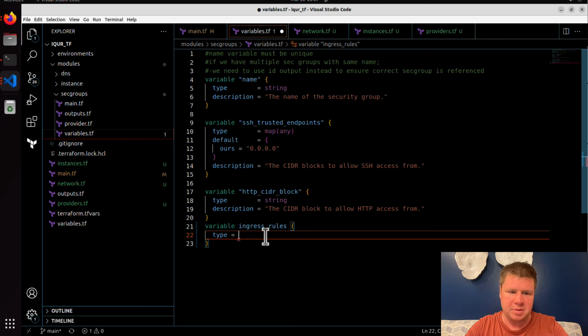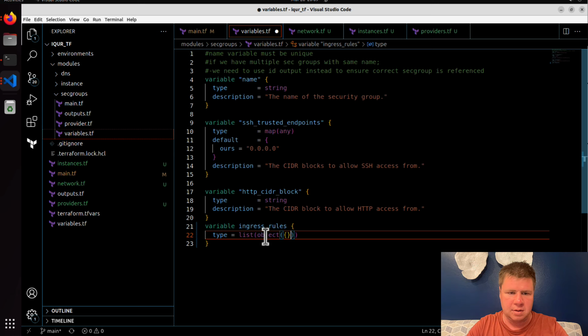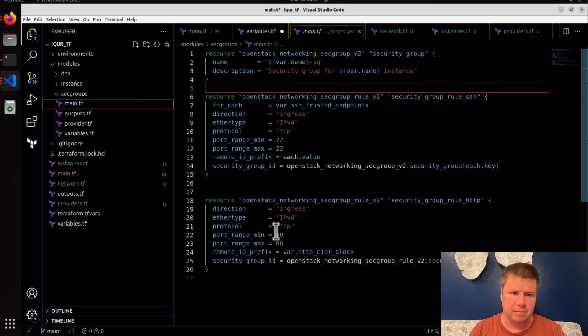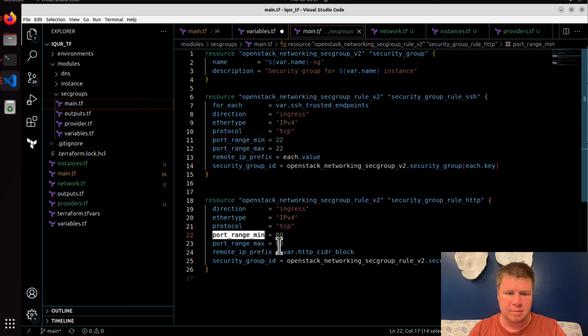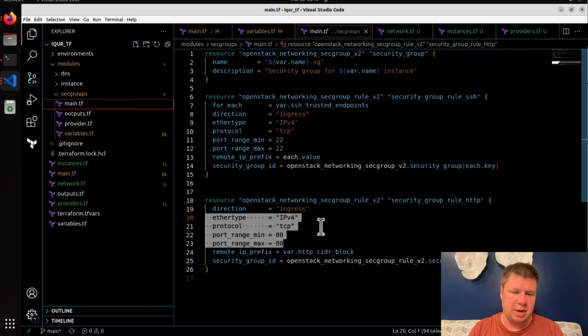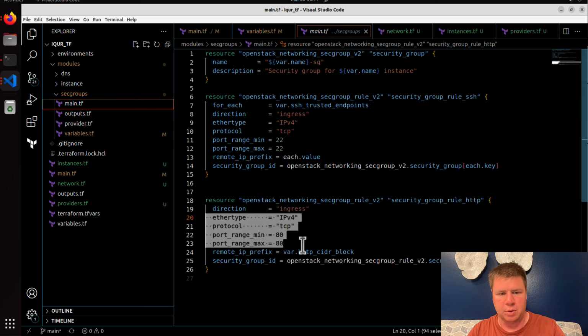And I'm going to set the type to be maybe a list of object. And then on this object, what are we going to give it? Let's grab some of these things, right? So we'll say, and so now that I've set up that variable, this variable here that's a list of ingress rules with ether type, protocol, port range min and max, I can go restructure this, and I'll just go grab this,